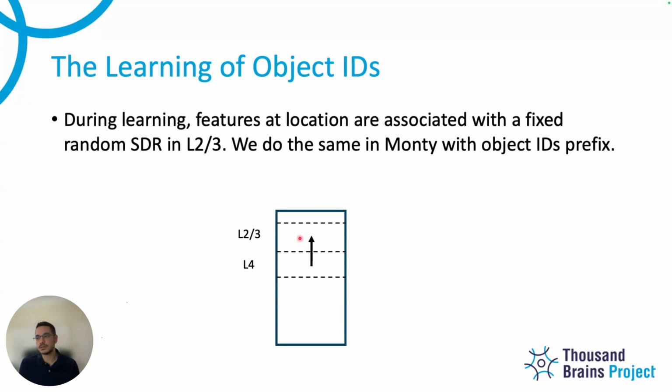Yeah, my thinking is that there's some type of supervision when you say, I'm going to learn a new object now. Let me get a new random SDR and put it here and then start associating features to this random SDR. There is a certain supervision because you're assuming that this random SDR does not adapt, does not change.